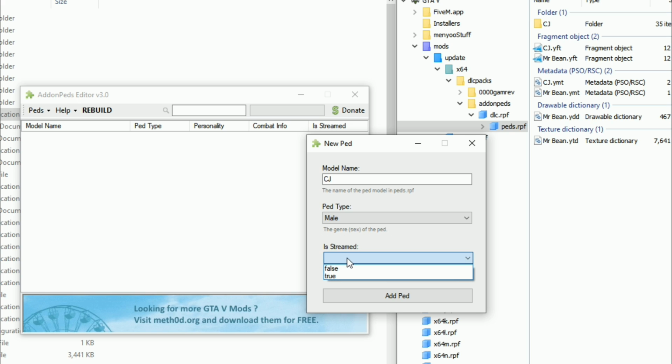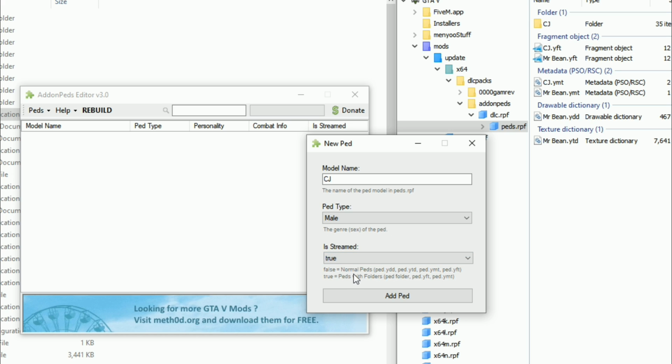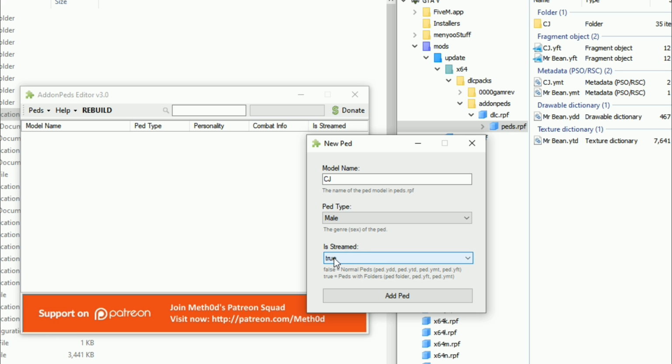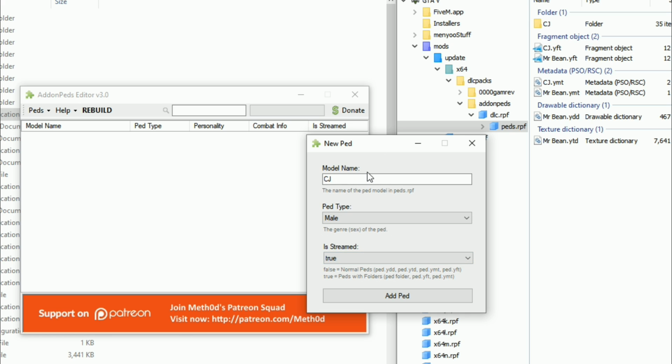Whenever your add-on ped has a folder, then they are streamed. So you want to select true because CJ, he has a folder, all right? So I'm selecting true. Is streamed will be true with the add-on peds that come with the folder. So once you have all your information correct, your model name, your ped type, and is streamed, go ahead and